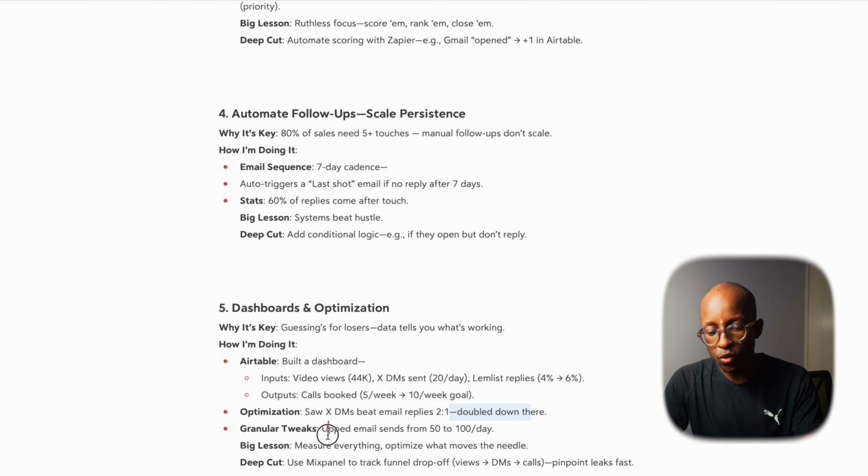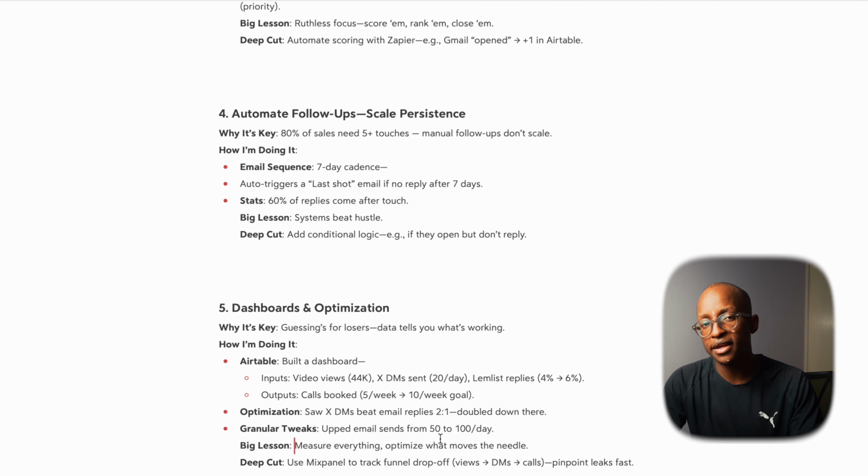For example, saying hey, we upped email sends from 50 to 100 per day, so just scaling up email outreach to make sure we're gathering even more data, because what happens at 50 emails per day won't necessarily happen at 100. You'll get more data, but you'll also learn a lot more. So basically we need to up what we're doing on a day-to-day basis, and slowly understand that, and then say hey, the biggest lesson we've learned from here is measure everything, optimize